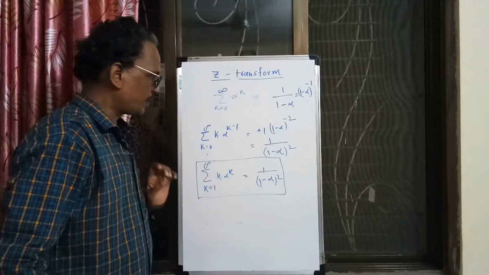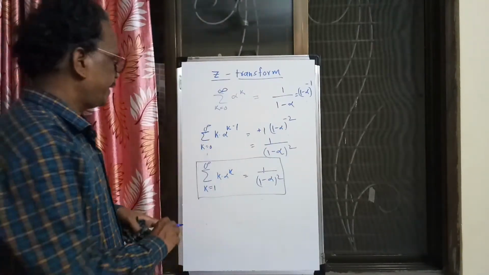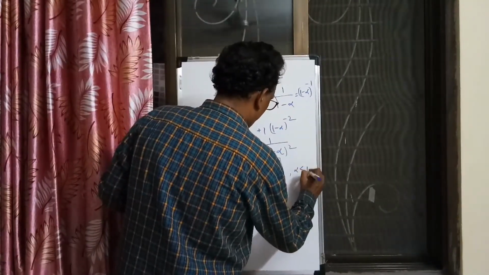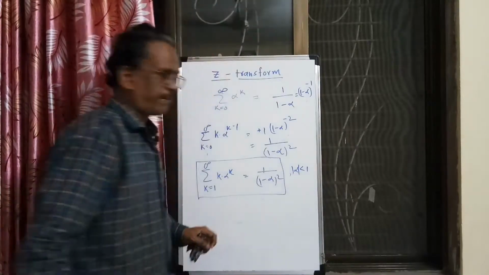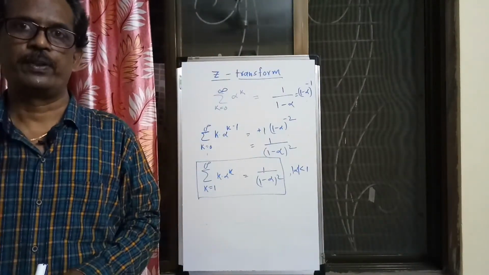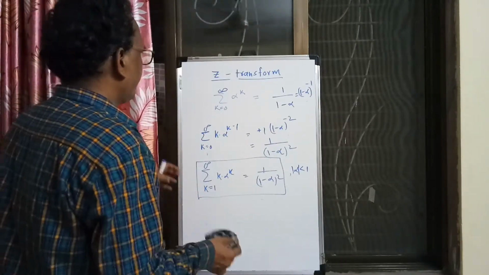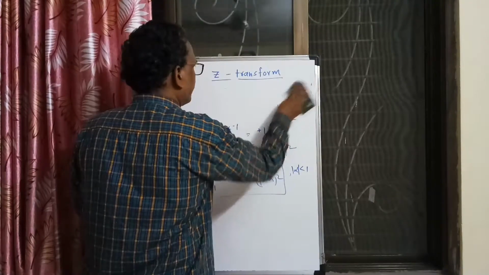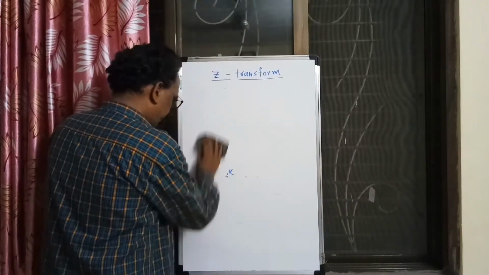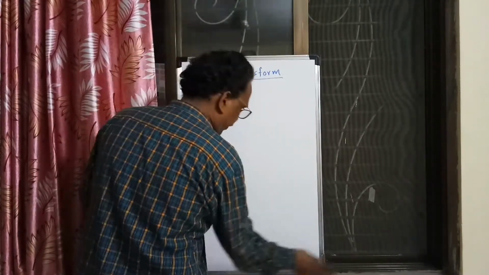So this result is also required while solving problems on the Z transform. Here in this case also, whatever we are saying, alpha is less than 1. So if I take mod alpha, it is always better. Alpha may be negative or positive, it should be less than 1. So now after having these formulas in our hand, we will see one more thing which is again required